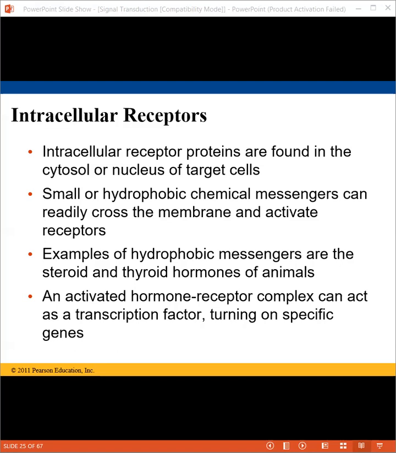Now, small or hydrophobic chemical messengers can readily cross the membrane, and thus they can activate the receptor. For example, the hydrophobic messengers, the steroids and thyroid hormones of animals. And hopefully, you have already studied the mechanism of hormone action. Now, this activated hormone receptor complex can act as a transcription factor, which in turn can switch on some